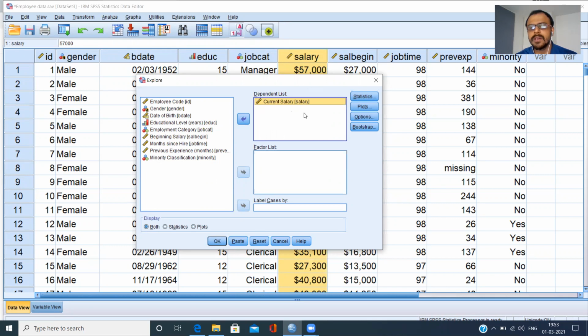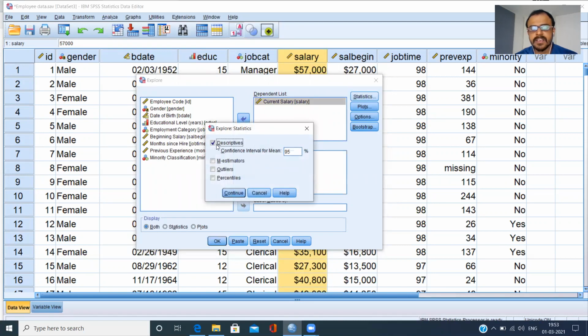Now, what I'll do here is to see if there's anything interesting that I can pick up. Statistics, it'll give me descriptives, M estimators. I'll just choose outliers. As of today, I'm not interested to talk about M estimators and such things. That's a separate discussion, maybe for another day.